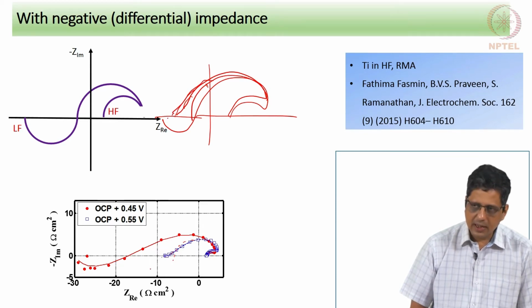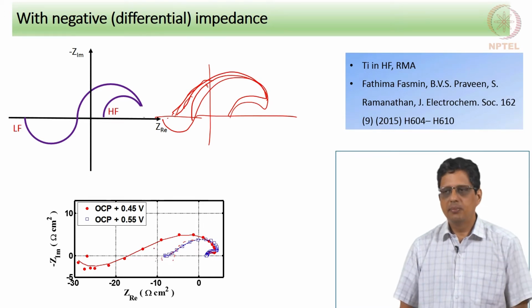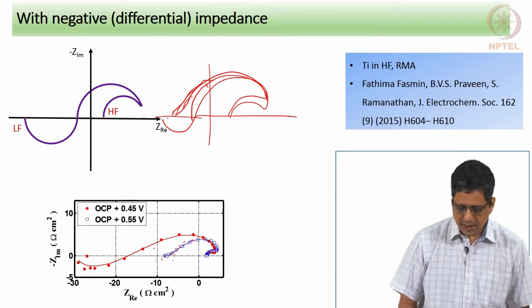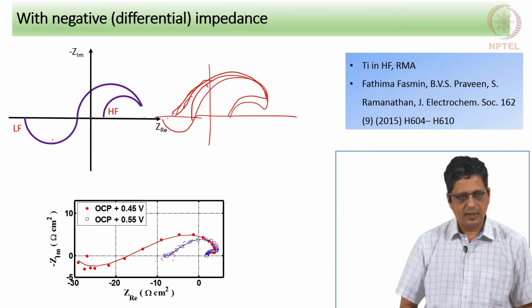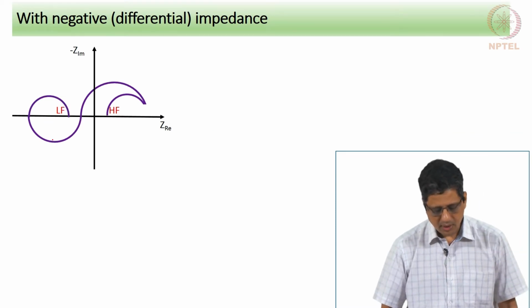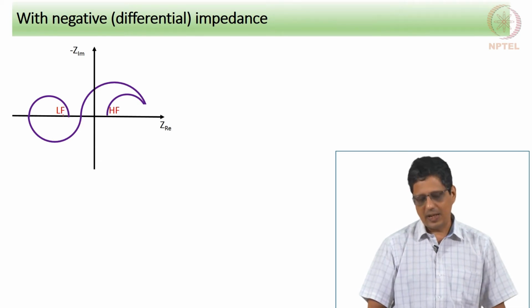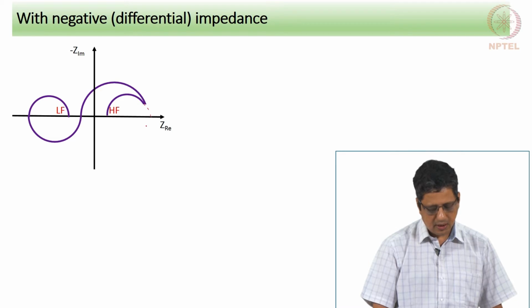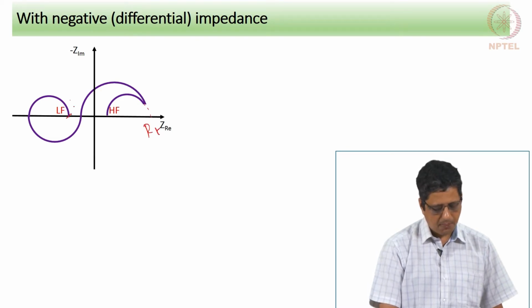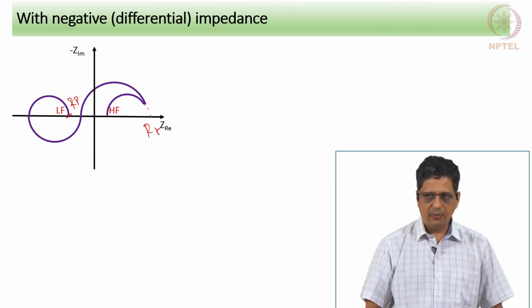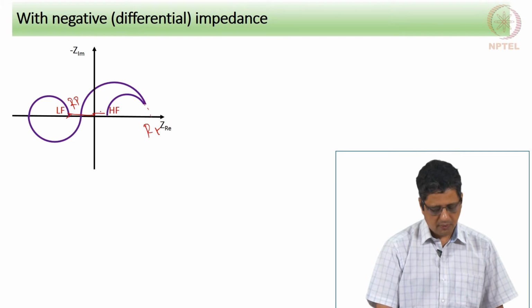Perhaps if you are able to take data with low noise at lower frequencies, we might get better data, but if it is noisy, then you will have to settle at some point. But the main idea is it is possible to get these types of patterns also. Not just that, extend further with another capacitive loop, still settling at negative values at the low frequency. So for this, RT is going to be somewhere here, Rp is the low frequency impedance, of course accounting for solution resistance. So, it is going to be a value somewhere from this location to this location.